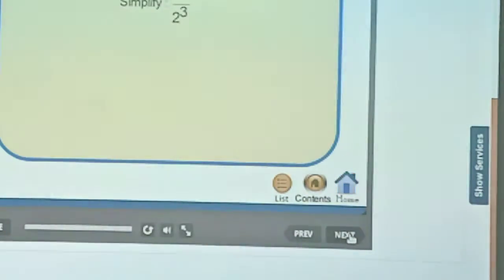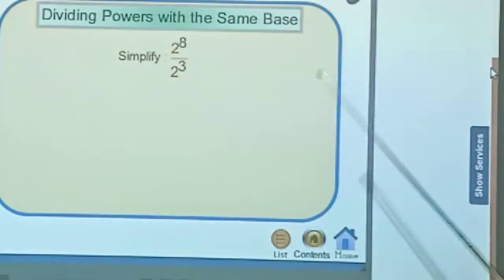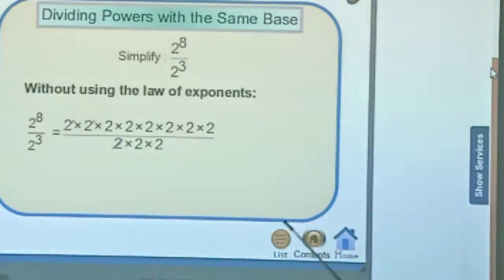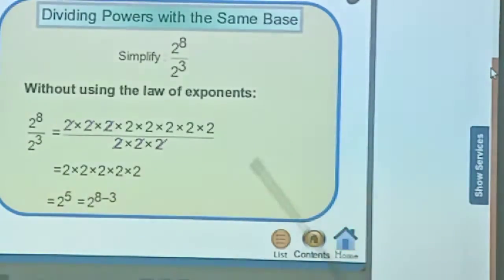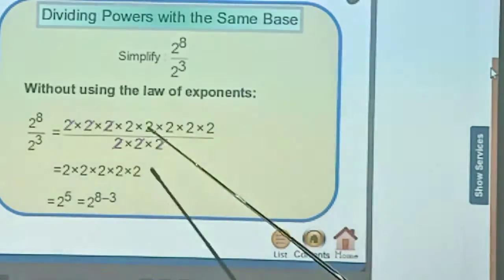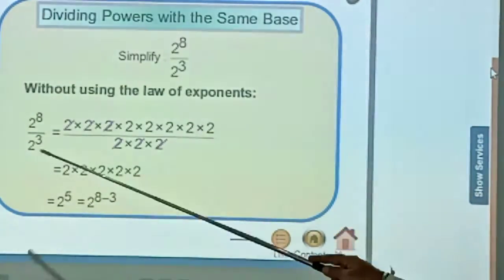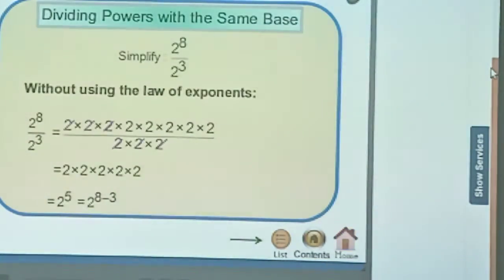Now coming to next point. Now we are moving to the division process. When we divide the exponential numbers, 2 raised to the power 8 divided by 2 raised to the power 3, their powers get subtracted. 2 raised to the power 8 minus 3, which will be 2 raised to the power 5. And this is a complete explanation how we get 2 raised to the power 5. These 3 factors get cancelled, and the cancelled part is subtracted. 3 are cancelled means 3 is subtracted from 8, so we get 5.